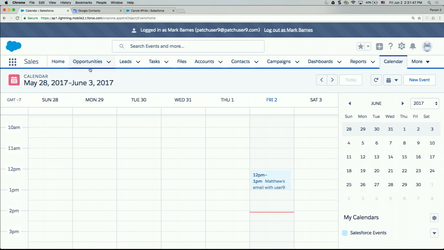So now I am logged in to Lightning Experience, and here I'm going to show something. Most Lightning Sync functionality is available both in Salesforce Classic and in Lightning Experience. We have a new feature that's very exciting that's going to be available in Lightning Experience only. I think it'll be a very good reason for customers to move to Lightning Experience if they haven't done so already. To date, we've talked about Lightning Sync